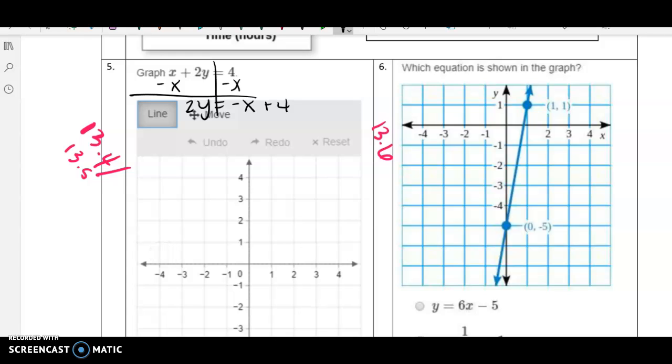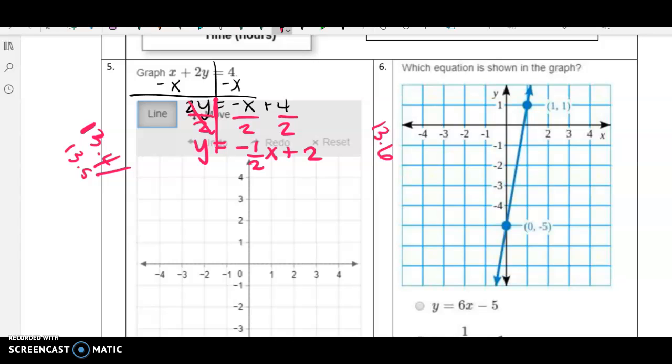We have to keep this as negative x, and we can't combine it to that 4 because the 4 does not have an x. And now we need y by itself. So we're going to divide by 2 to all the terms. These cancel on the left, and we have y equals negative 1/2 x